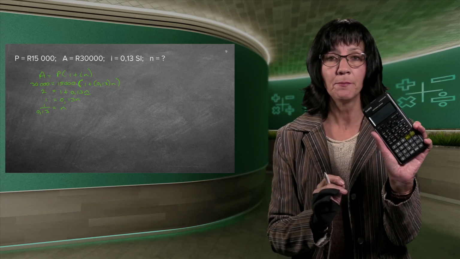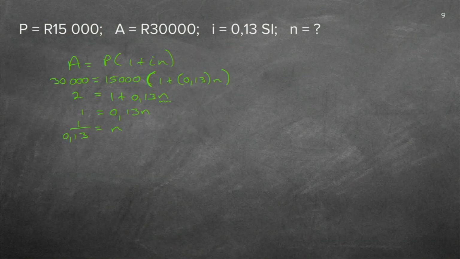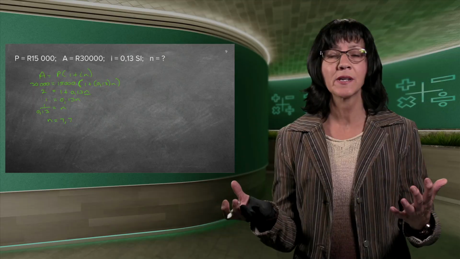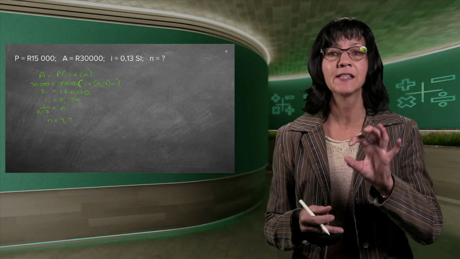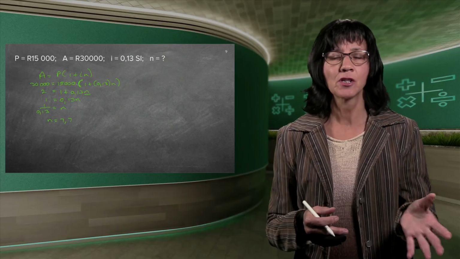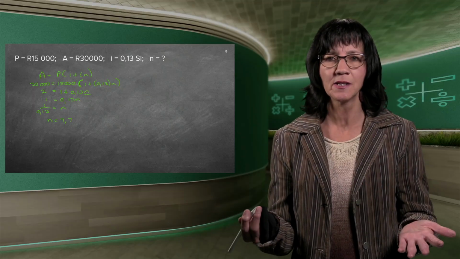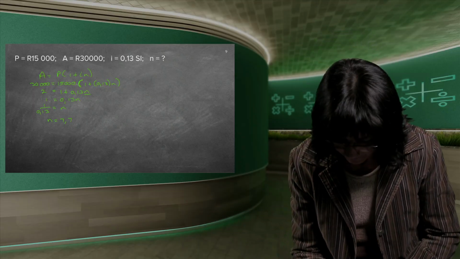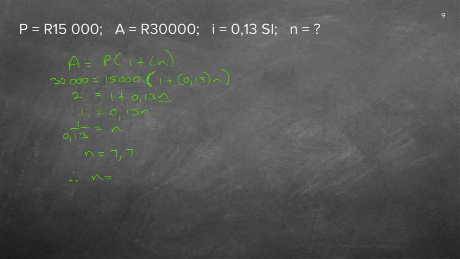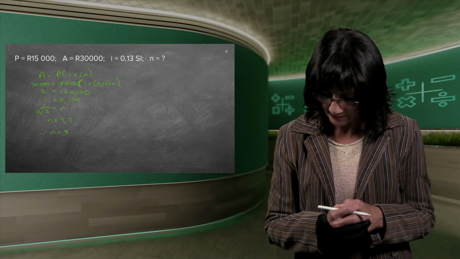I need to press the SD button because it gave me a fraction again. So I can just write down n is equal to 7,7. Now, why do I now only round off to 1 decimal? The rands, I always have to round off to 2 decimals. The n is a whole number because it's the number of years. So I'm just going to use that 1 decimal to tell me, is it now 7 years or 8 years? And guess what it is? I'm sure you know. If I round it up, therefore, n is 8. So you'll just write it in a neat sentence. It will take her 8 years if she wants to double her money from 15,000 to 30,000.